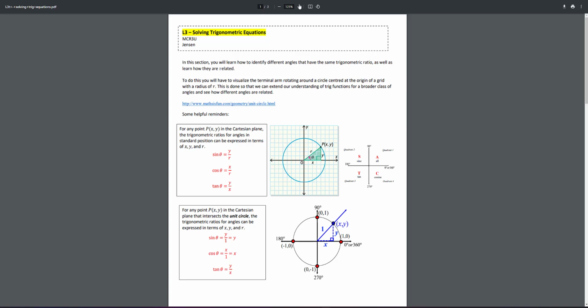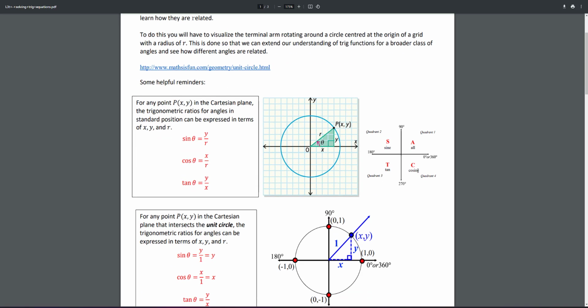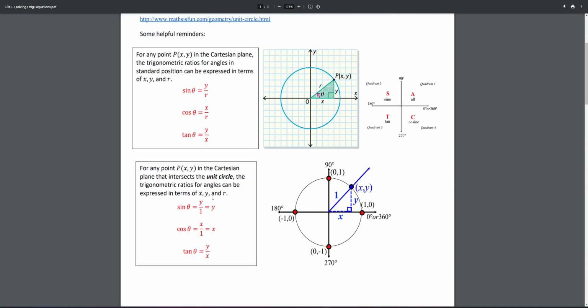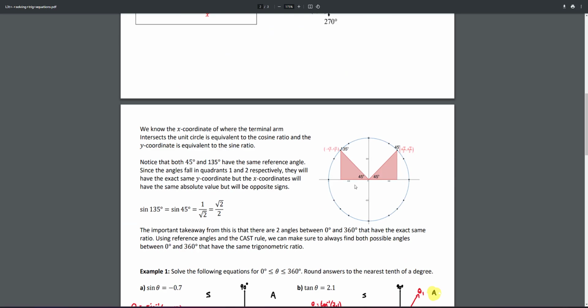So this is just a review from the previous lesson. So CAST rule, remember, cosine, all, sine and tan are positive in their respective quadrants. Sine is equal to y over r, cos is x over r, tan is y over x. This is important. And then for a unit circle, you just change r into 1, because the radius is 1, and then you just have the exact same formulas, except r is 1. And now we're going to learn,